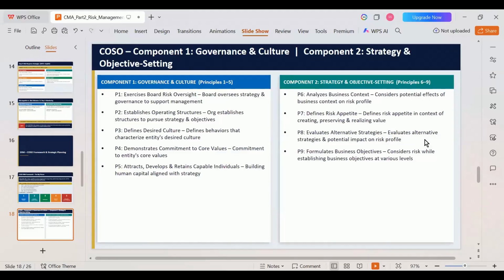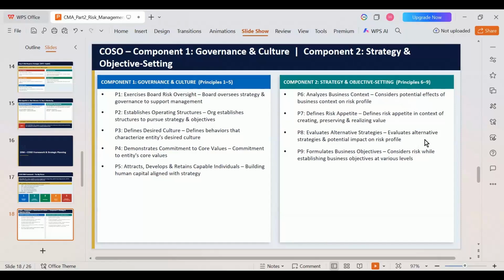Remember, in any activity that takes place in the organization, all the employees have to be involved. Everybody, from employees to top-level management, needs to take part in that activity. It's everyone's responsibility. And one person has the ultimate responsibility of making sure that things are going well in the business. That is the responsibility of the CEO. But what about the board of directors? They oversee whether everything is running well in the business or not. Oversight responsibility lies with the board. So the board oversees strategy and governance to support the management.